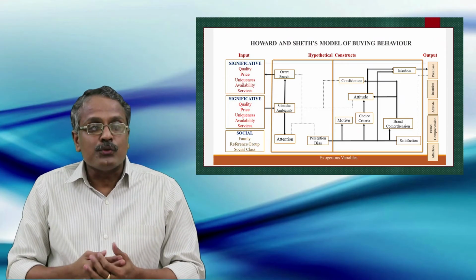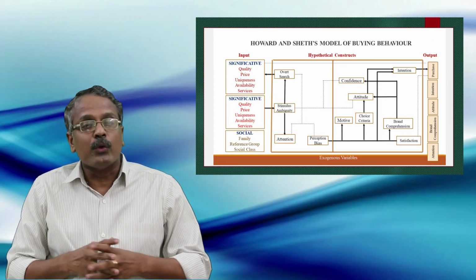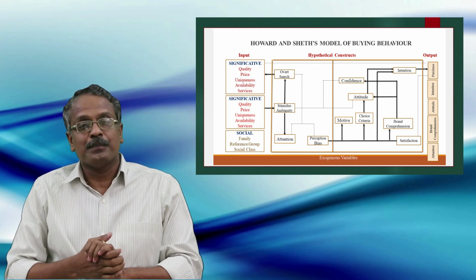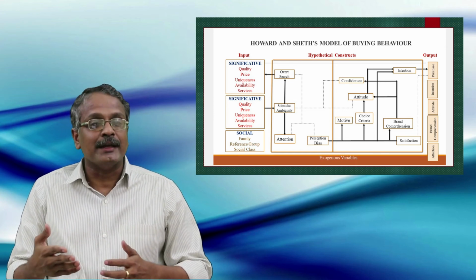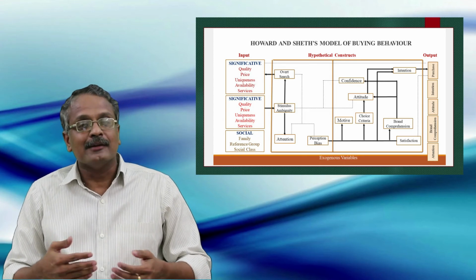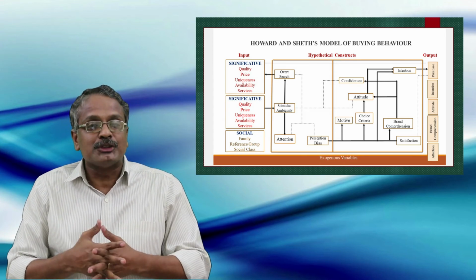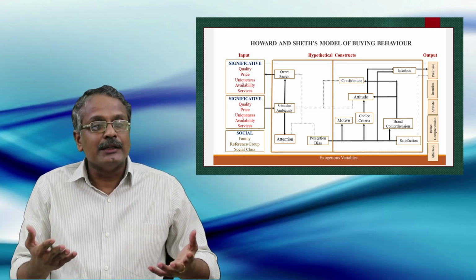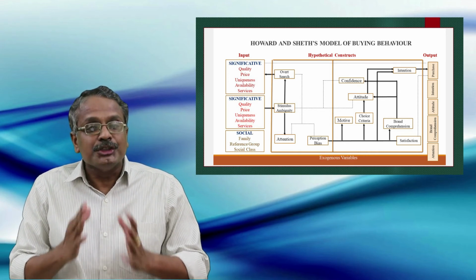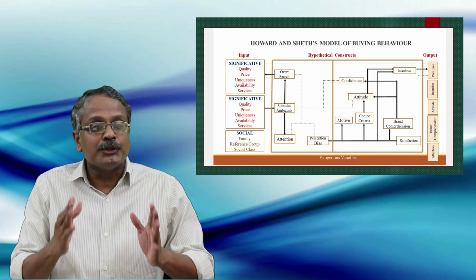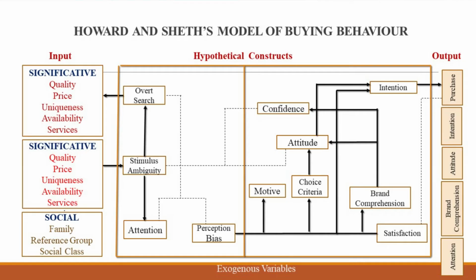In addition to the level of confidence, some sudden hindrances may also sometimes stop the process. This may be due to price hike, inadequate supply of the brand, financial problems, time pressure, personal or social issues, etc. If there is any such issue, the process may not result in actual purchase. It may end at any level in between. This is how different outputs such as attention, brand comprehension, attitude, intention and purchase are acquired.